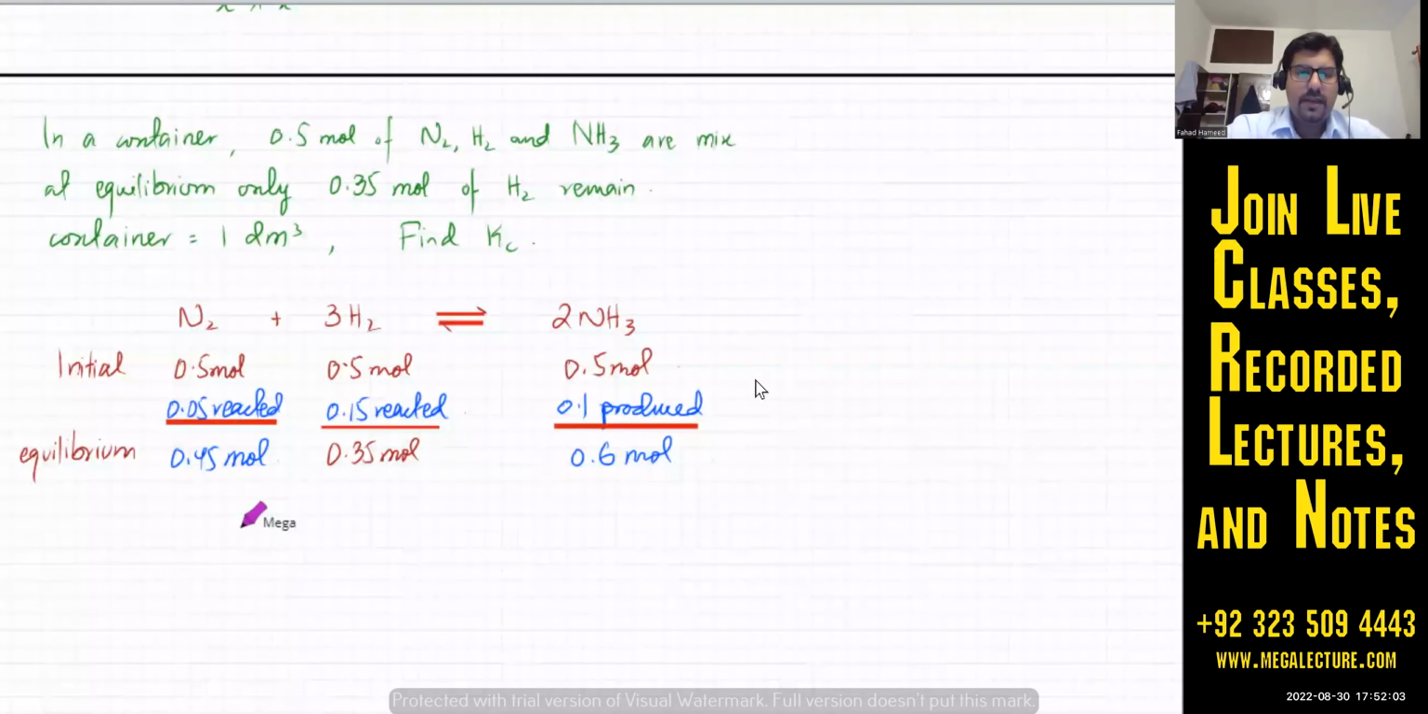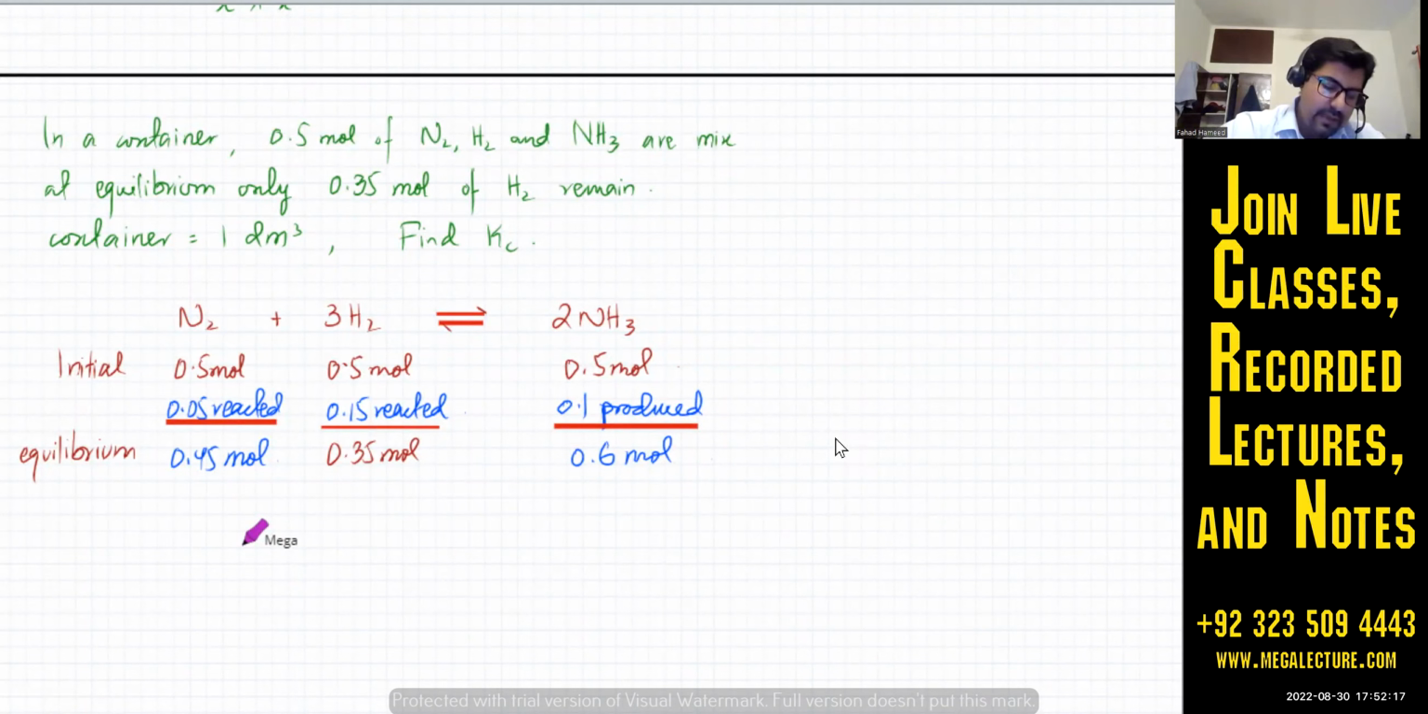So how would you calculate Kc? Kc का formula क्या होगा? It's going to be [NH3] squared. So that's going to be 0.6, 1 dm cube container, so 0.6 divided by 1 squared, divided by